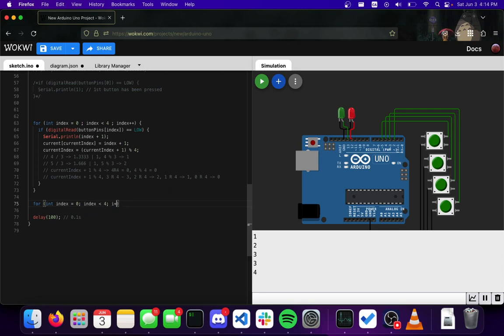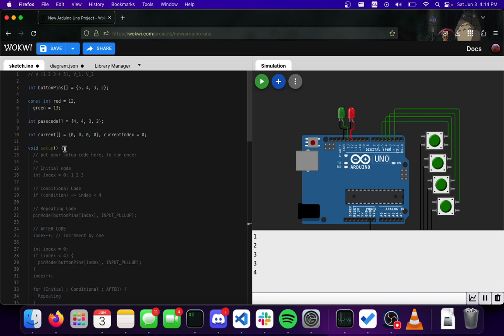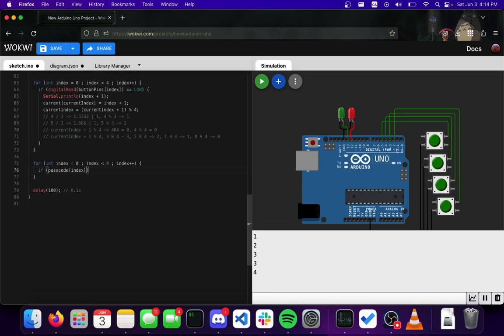Index less than 4, index plus plus. This is again our loop to go through the numbers 0 to 4, not including 4, so 0 to 3. And we're going to say, if our passcode at index, so the indexed element, if the first element is equal to the first element of our current array, equals our current array,